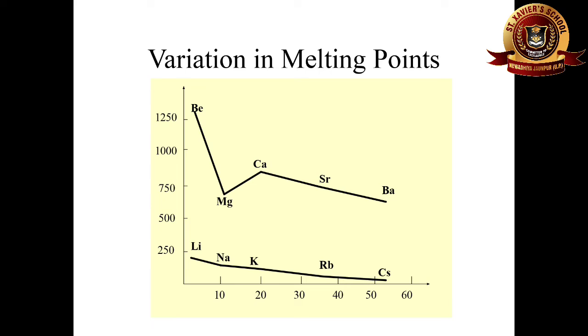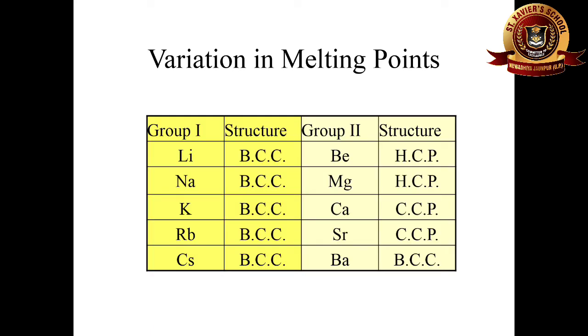Now, variation in melting and boiling point. Melting and boiling point of elements depend upon the packing fraction of the atoms in any crystal. Packing fraction is inversely proportional to the size of atom. On decreasing the size of atom, packing fraction increases and melting and boiling point also increases. But if we move from top to bottom in any group, the size of atom increases. That means packing fraction of elements decreases. It means melting and boiling point also will be decreased.